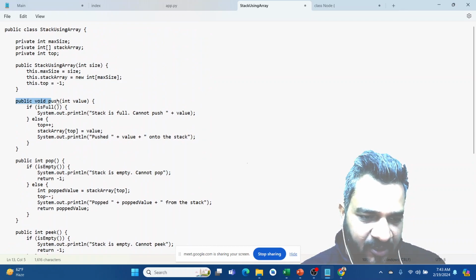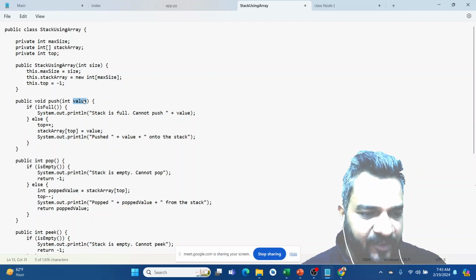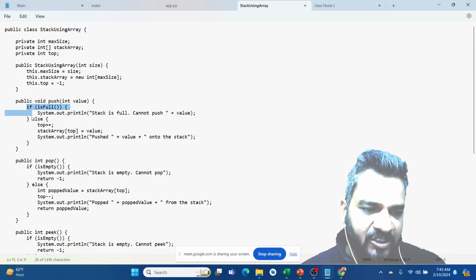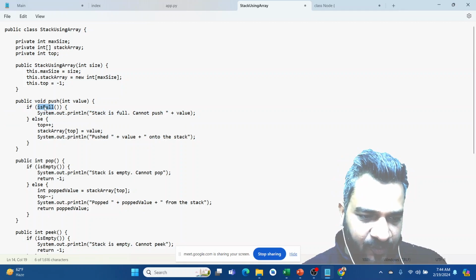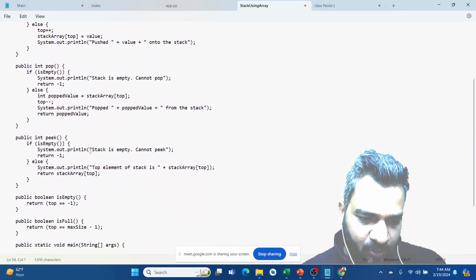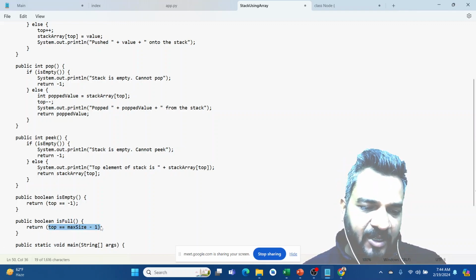So in the push function, what will happen? The number will come over here as a parameter, whatever we are trying to enter, 10 the first time. So it will first check whether the stack is full or not. How is it checking isFull? It is going to call the function called isFull. So isFull is checking top is equal to maximum size minus 1.